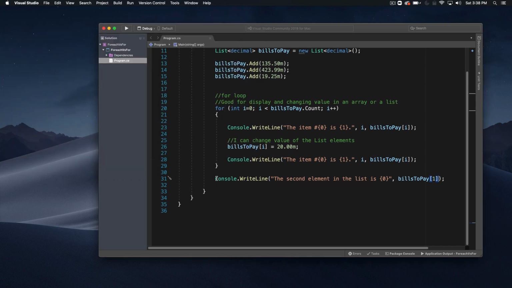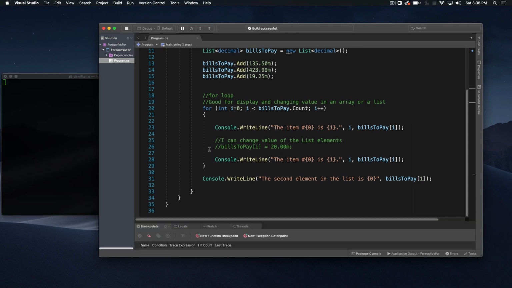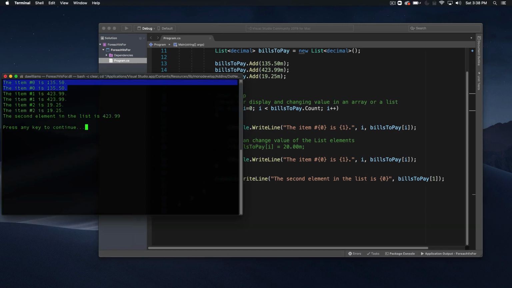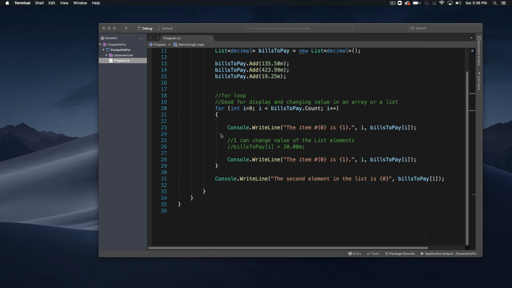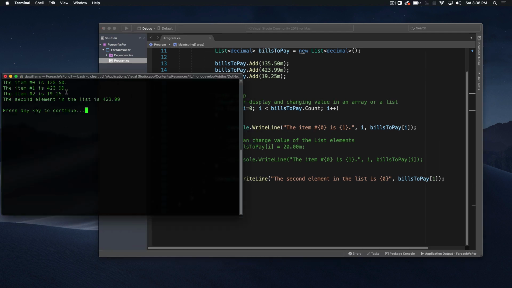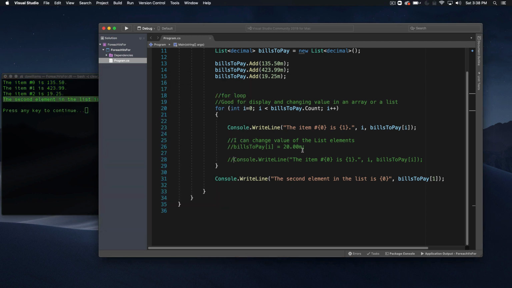Now for this example, I'm just going to go ahead and comment this out for a minute because I want the original values up here. Okay? And just by commenting them out, this is going to be duplicate, right? So that's going to be the same. So instead of having that, I'm just going to comment that out as well. Let's go ahead and run it one more time so we can show we're back to the original output of that. And then our second element in the list is 423.99